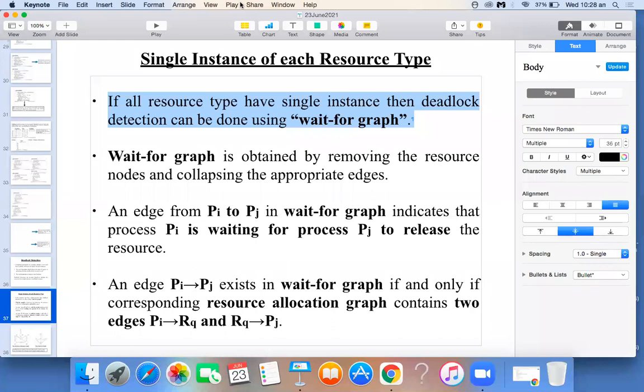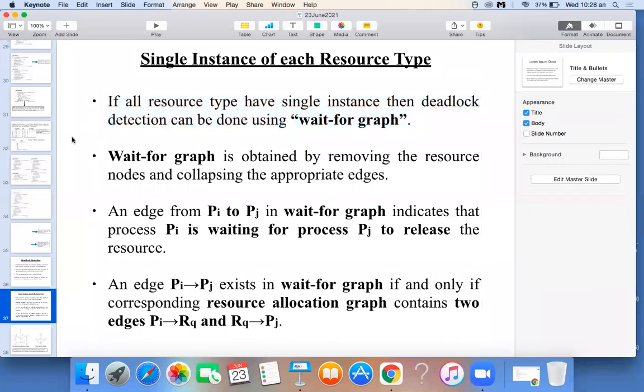What is a resource allocation graph? We have learned all these things in the last class, correct? It is a graph which contains processes and resources, and we have the edges, that is the request edge and the assignment edge. The main intention of the resource allocation graph is to check whether there is any cycle formation or not. If there is cycle formation, it means there are chances that deadlock will occur in our system. So to check that, we are using the resource allocation graph, correct?